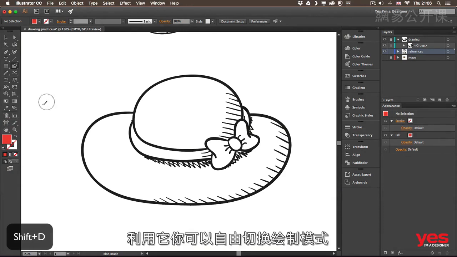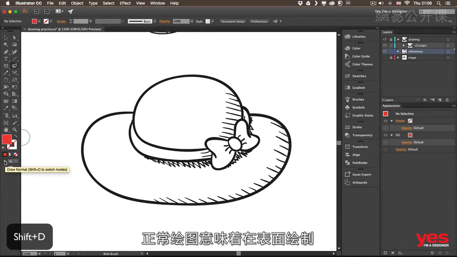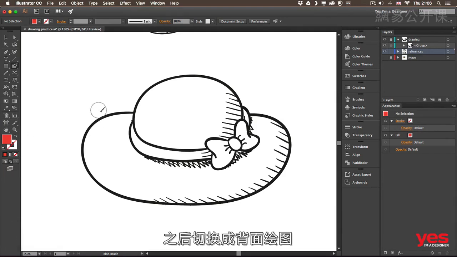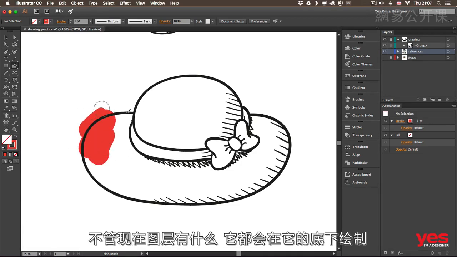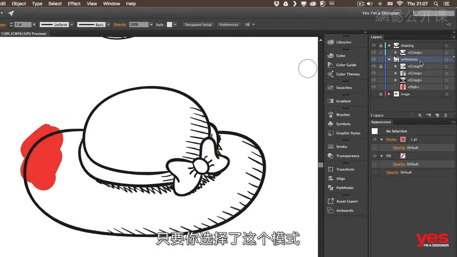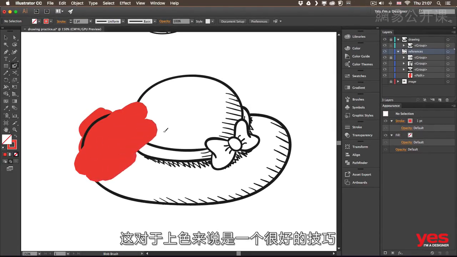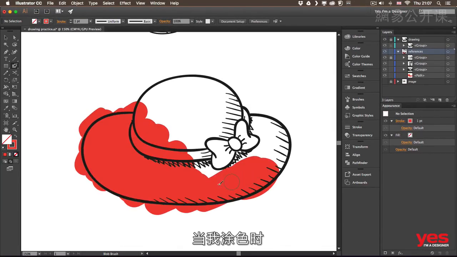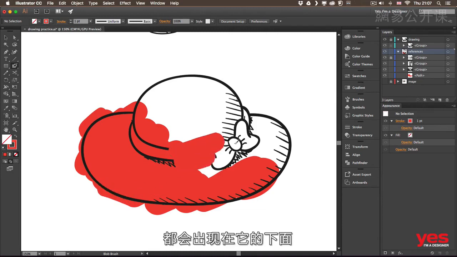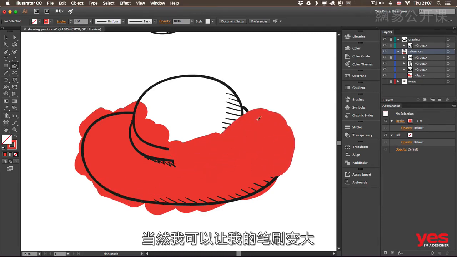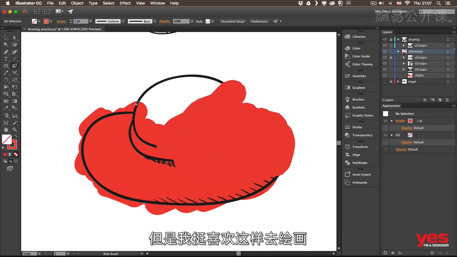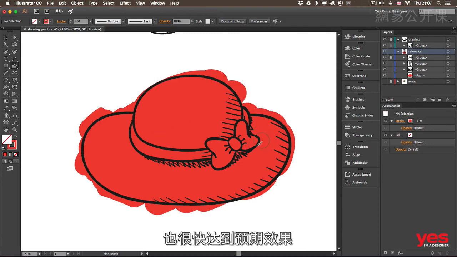With that, you can actually toggle between Draw Normal, which would mean draw in front, and then Shift D switches to Draw Behind, which means when you draw, it automatically will appear behind whatever you have on the current layer. As long as this mode is selected, you will be able to draw and create shapes at the bottom of the current layer. So that is a great technique for coloring. You can see already that when I go over this shape, everything is going to appear behind it. Of course, I could make my brush bigger, but I quite like painting over